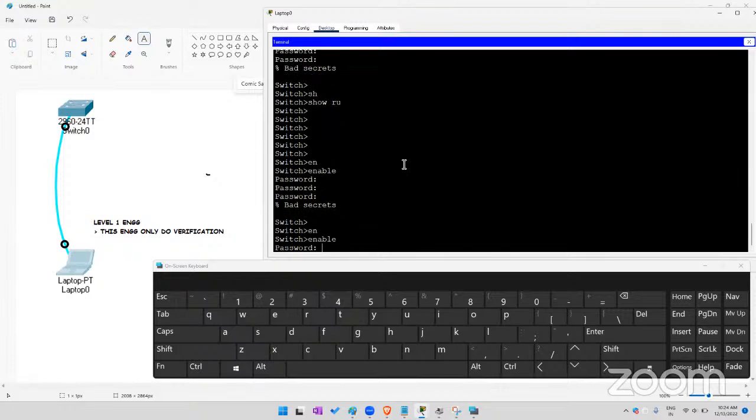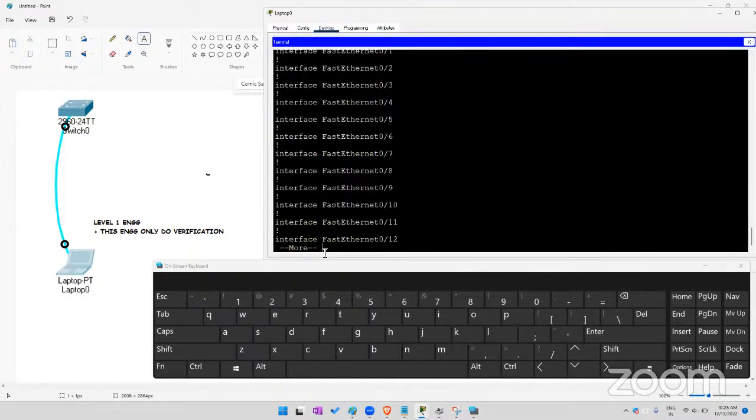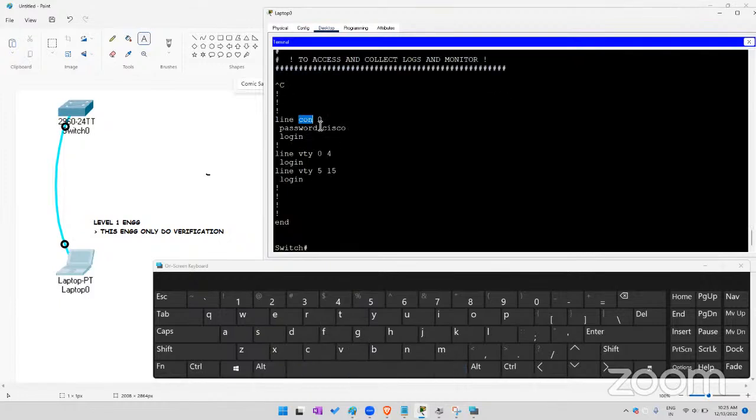So I already know it's accessible. If you need to run show run, it's possible, but the password is encrypted. And now the space is verified. My console port password is Cisco. Clear? So if you want to remove this password, you can easily